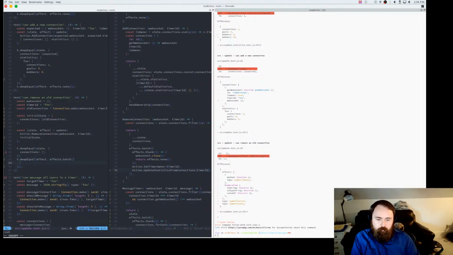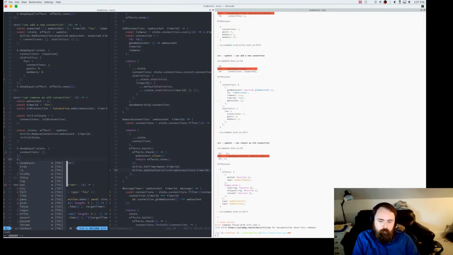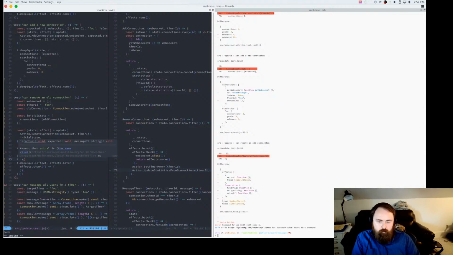Let's see if this works. I'm not 100% sure if it will. This would be effects. Probably won't because of this thunk, which is why I should shell these out to methods, I guess. But okay, yeah, let's do a t.is, and then we'll say effect.type is going to be the same as effects.batch type.